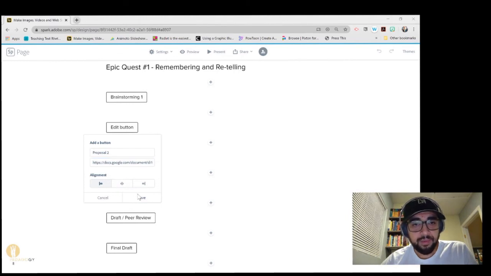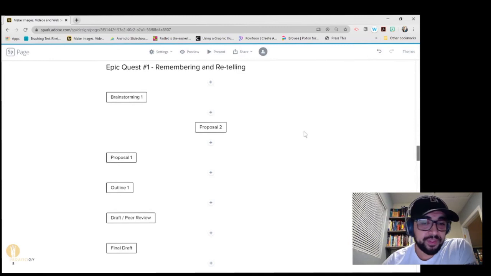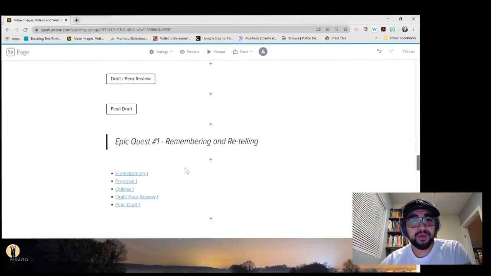And you'll see that when I hit save, the button appears right there. You really only have one other choice at that point. You can move the button to the middle if you want, or then you can move it over to the left. Those are just minor design elements that you could use. Design it however you would like. Do as much or as little of this adding of quotes and making it look a certain way as you'd like. The other thing to show you here is if you wanted to hyperlink this way, then it'll work much